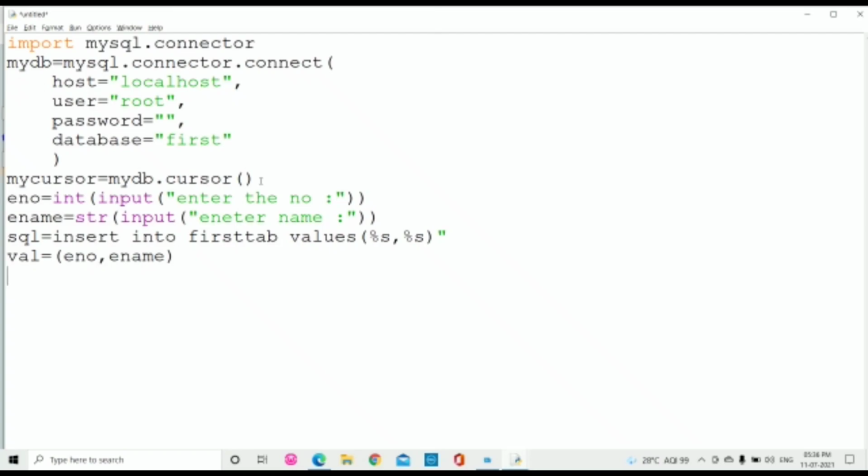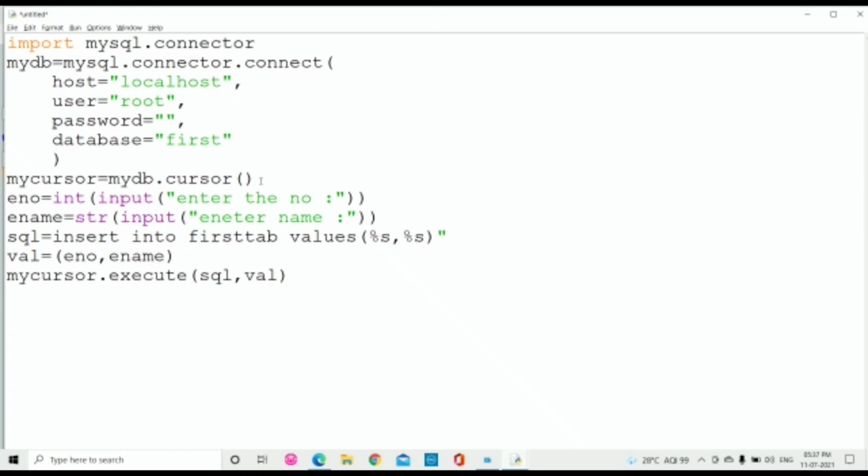Now the next is to execute these statements, which is the cursor. My cursor is the name, dot execute. Execute what? Execute the SQL statement and the values to be supplied, so VAL. So when we give all this, this should be given to that insert statement.